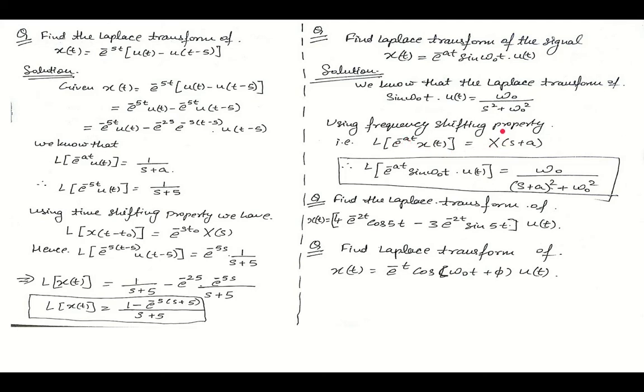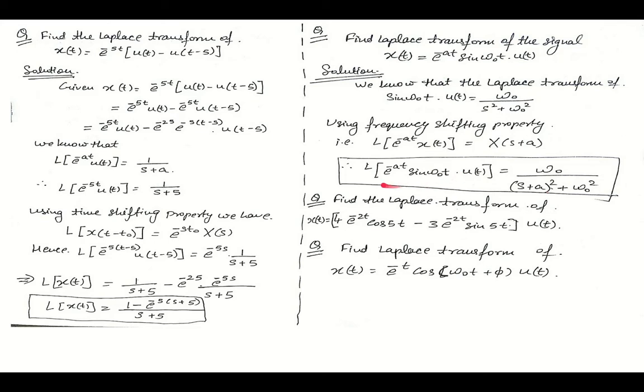is equal to the Laplace transform X(s plus a). Now, accordingly, if I have e to the power minus at into sine omega naught t into u(t), wherever I will have the value of s in sine omega naught t u(t), I am going to put s plus a in that. So this is the very simple method of utilizing your frequency shifting property.